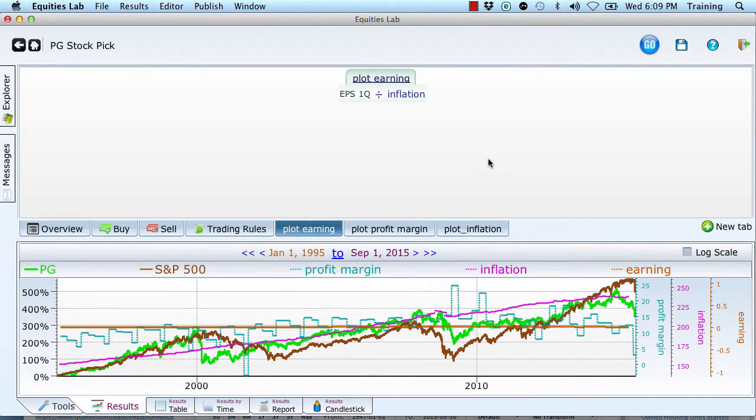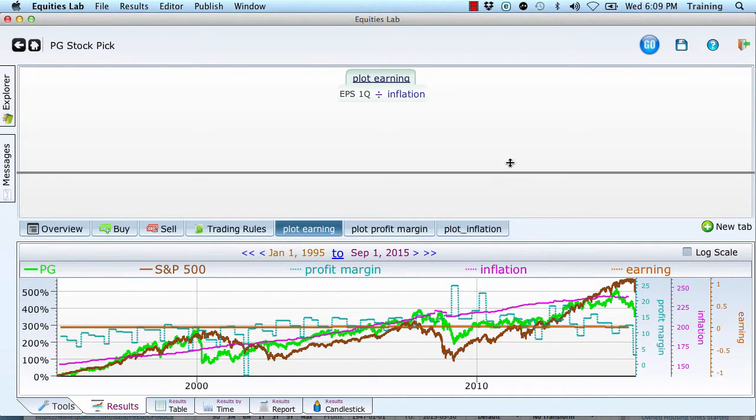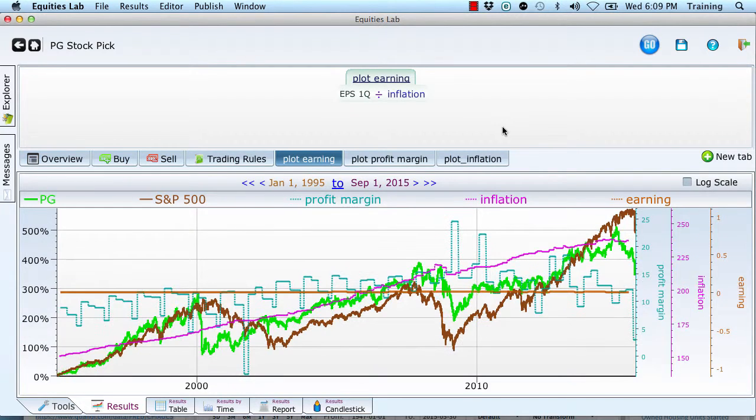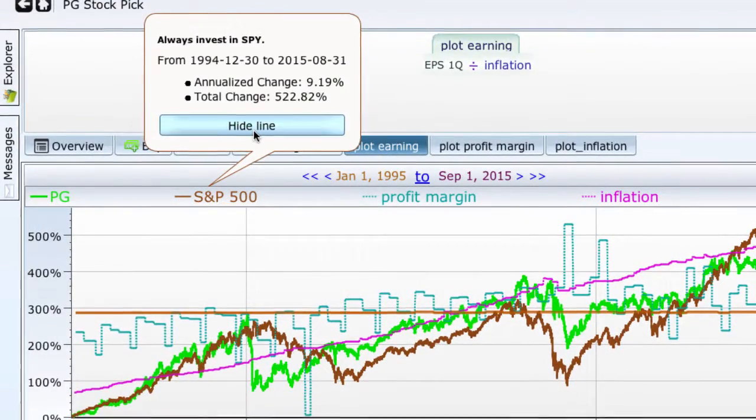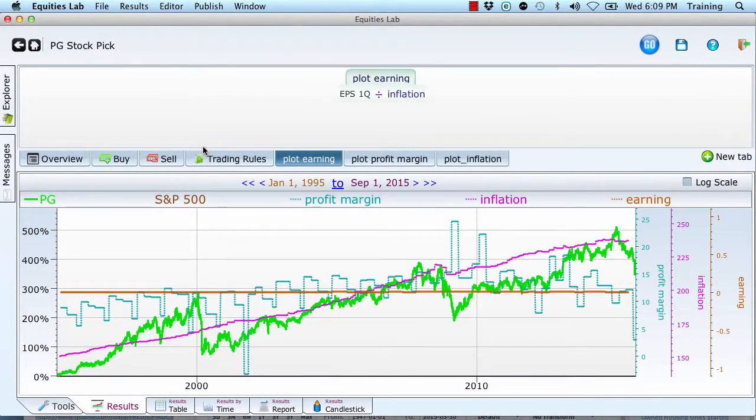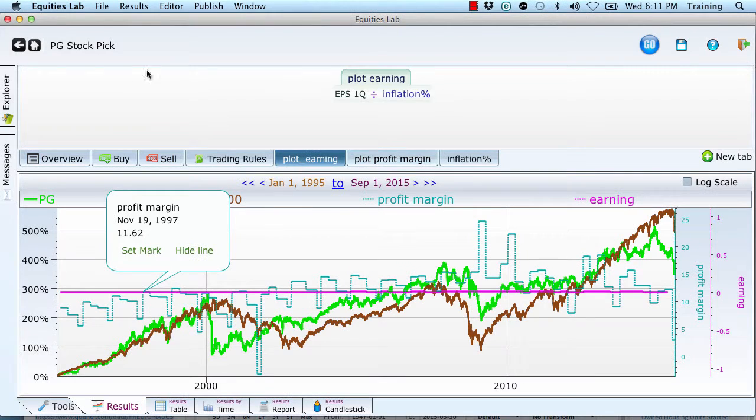So now what we're going to do is, you're going to say this graph is a bit hard to use. So we're going to go ahead and pull the bar up here, as you can do. And then the second thing we're going to do is we're going to notice that this is rather cluttered. We don't need to see the S&P 500, so we're going to hide that line. We may decide that looking at this deflated earnings, which pretty much goes nowhere, is